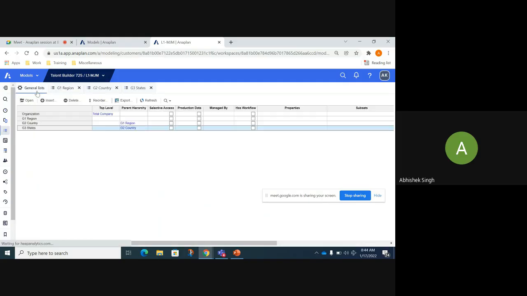Now, just a quick question. Do you guys think we have created a hierarchy or is something still left? Because we just defined the relation between the parent and child of the lists. Do you think there's something yet to be done, or are we good to move on, or is the hierarchy created? Just a random guess. Or to you, Rupali, what do you think? Are we done with the hierarchy list creation, or is something pending yet?